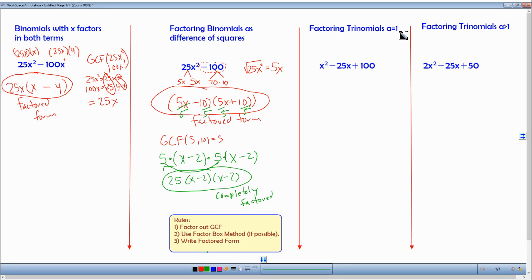Factoring when a equals 1. Well, what do I mean by a equals 1? I mean when there's a hidden 1 right there. Okay? And this problem is very easy to do because there is no GCF. You use the factor box method,